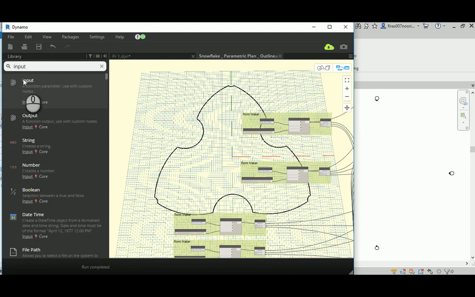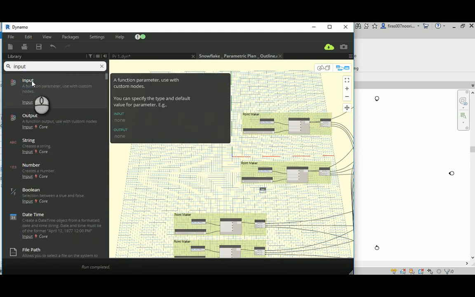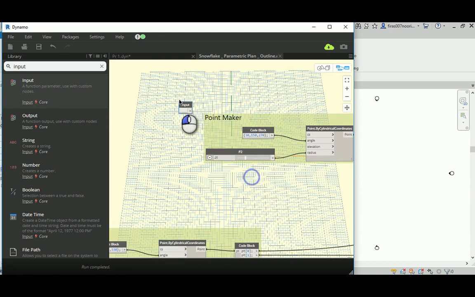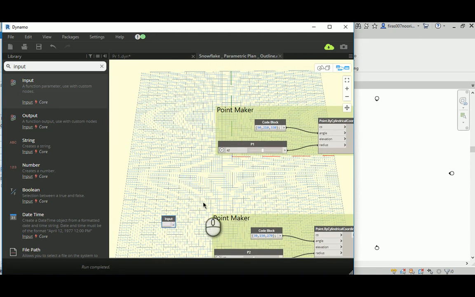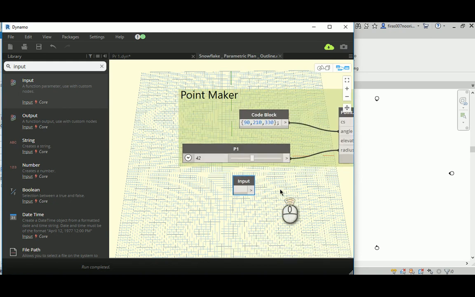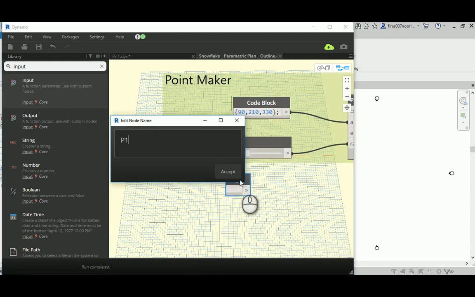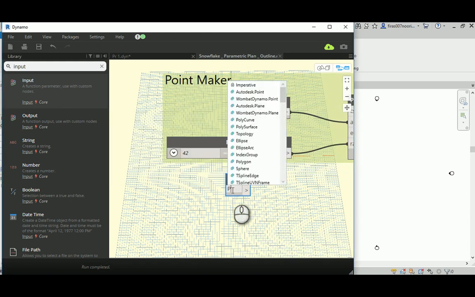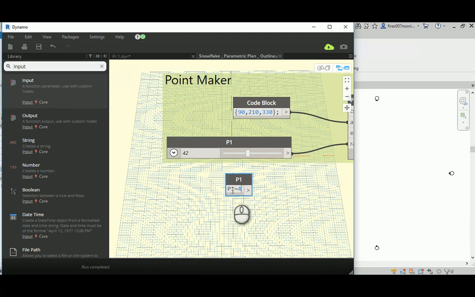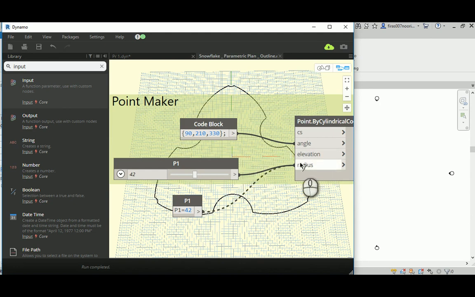That's the input that you don't find in the normal Dynamo file. In it, I'll call this P1, and in it I will say P1 equal to 42. It's just a default value, okay? And I'm gonna connect this to the radius. Now I cancel that guy, okay? It's just being canceled now. So now if I save and I go to the project environment again, sorry, to the Dynamo file again,